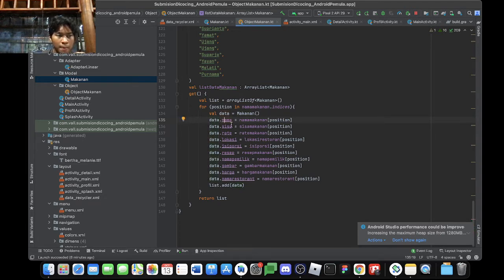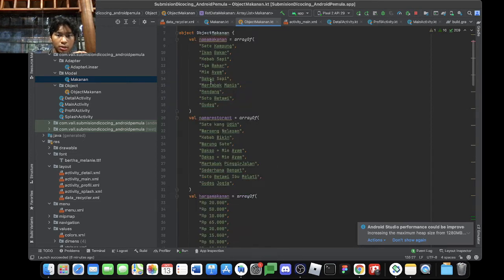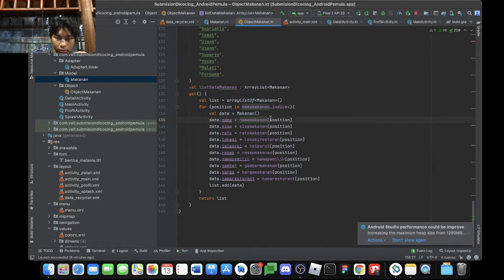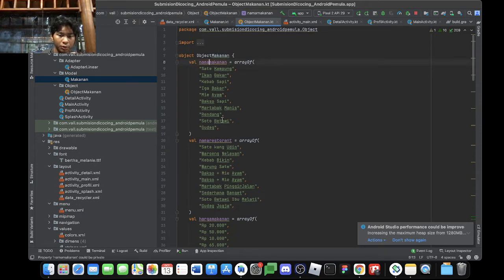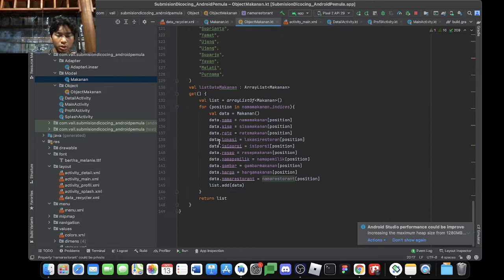This is the variable inside of the model, and call the variable name of the food and position, and make it as, just make it all of it, for the name, for the restaurant name, for the cost, for the image, just make everything.